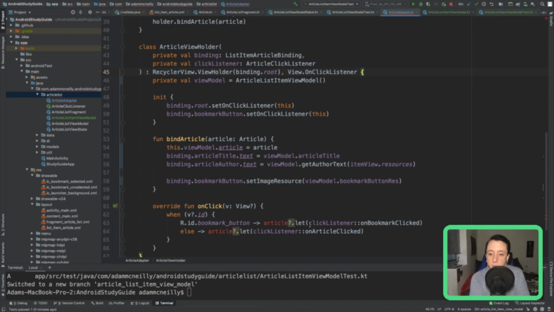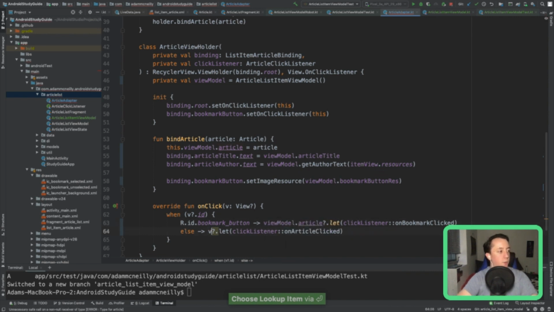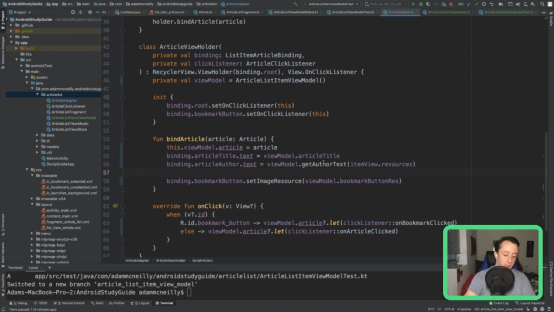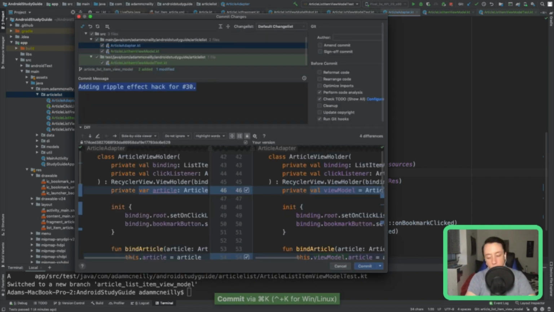Data class article list, yeah, we could do that. And it would effectively just be a separate layer there. Maybe there's a better way to do this. I definitely just wanted to show you the idea of using a view model pattern for your recycler view items, but there's probably a better way to do this. I think I am personally also getting kind of hungry, which is probably why I'm going faster than I should tonight.